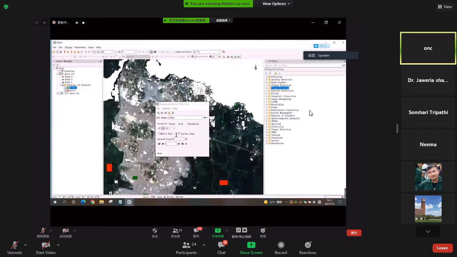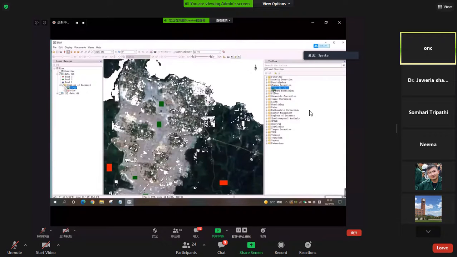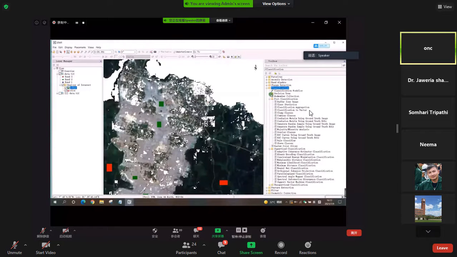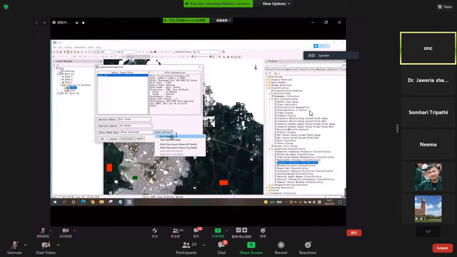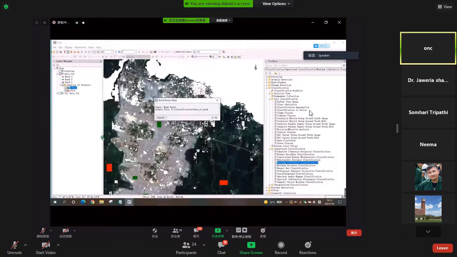Okay, when we finish the ROI selection, then we should save this as training samples. And for the classification methods, here we select the maximum likelihood classification,